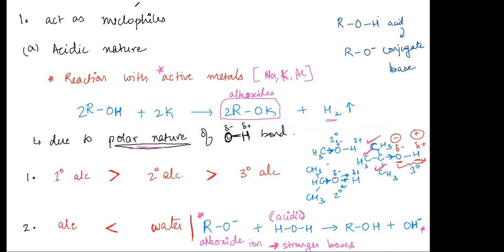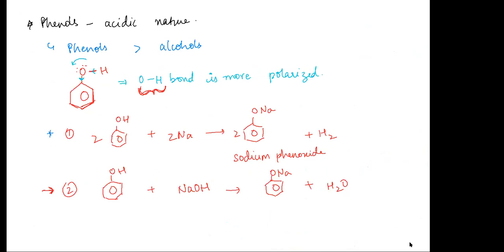Reviewing it once more. Now, acidic nature of alcohols. This is evident from the fact that alcohols can react with active metals to produce hydrogen gas. They displace hydrogen gas and form their corresponding alkoxides. Phenol also undergoes this reaction. Phenol, in fact, also undergoes a reaction with base itself. This is another clue to show that phenol is more acidic compared to your regular alcohols.